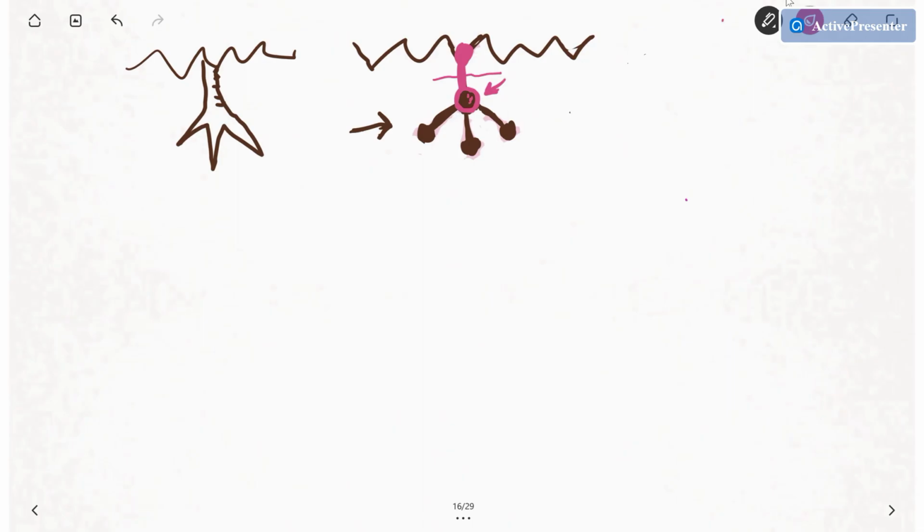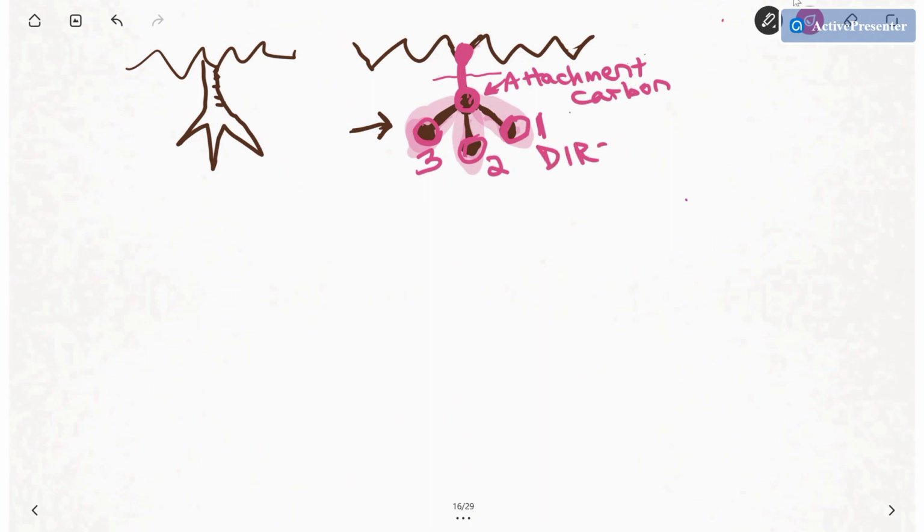Now, how many other carbons in the substituent is this attachment carbon directly bonded with? It's bonded with this carbon out here, right? It's bonded to this carbon right here, and it's bonded to this carbon right here, right? So here is carbon 1 that's attached to our attachment. I'll write this down. Attachment carbon. So attached to that we have carbon number 1, carbon number 2, and carbon number 3 for the carbons in the substituent, which is directly attached to the attachment carbon, directly bonded. So knowing now that we have 1, 2, 3 carbons directly bonded with that attachment carbon of the substituent,